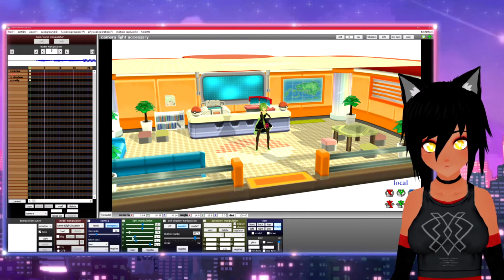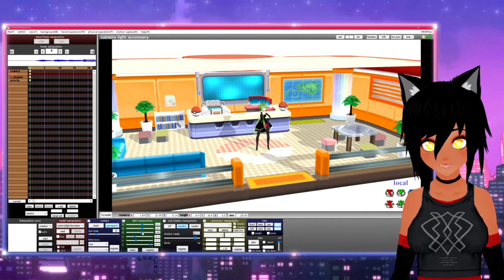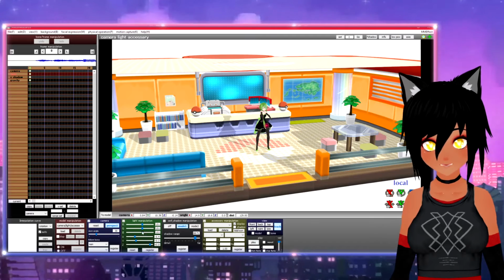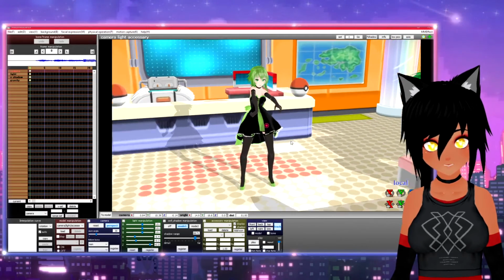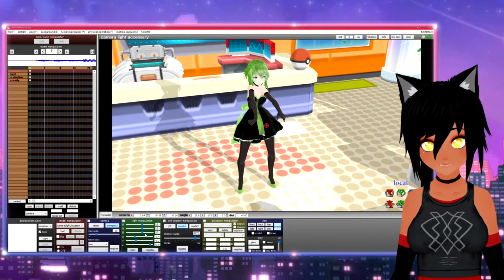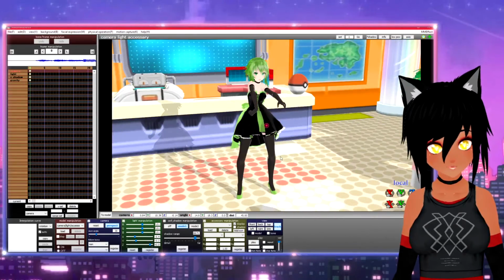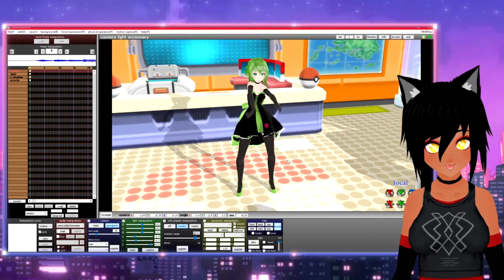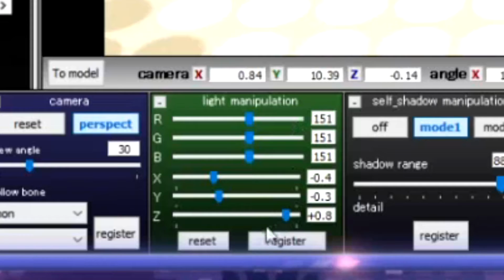And then obviously change the colors. If all of these are at the same levels, that's just white light. So unless you are wanting some crazy color, I would just suggest having them all the same. But you can also play with them. I mean, do what you want. YOLO. And always register. Click register.